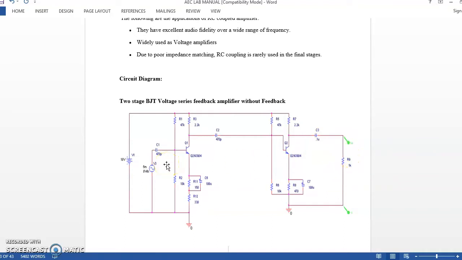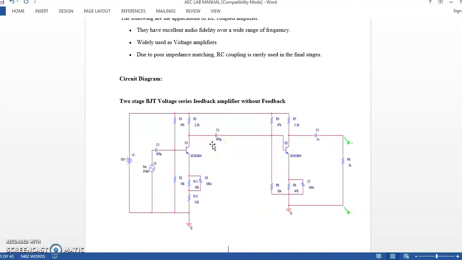The circuit operation can be explained as follows. The weak signal which is to be amplified is applied to the base of the first transistor. It amplifies the signal. We get a 180-degree phase shift between input and output, and the output is an amplified version of the input.